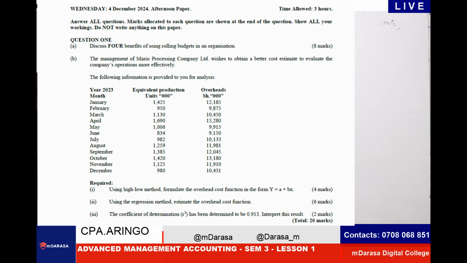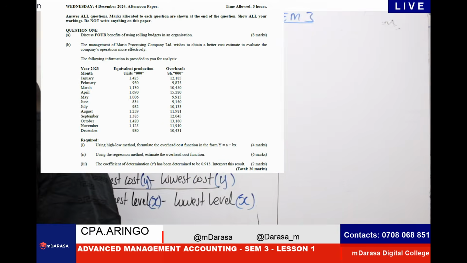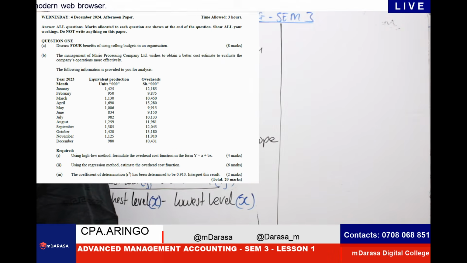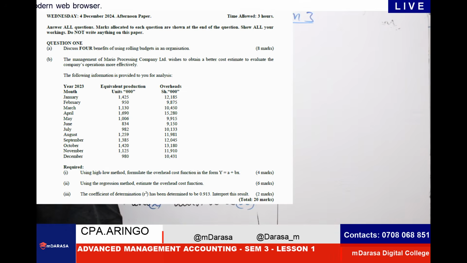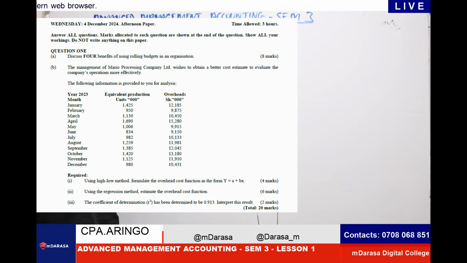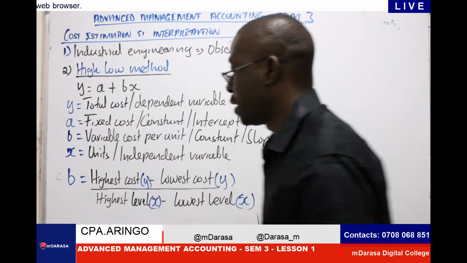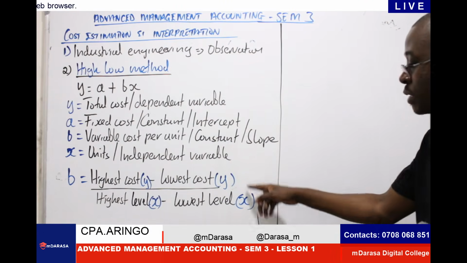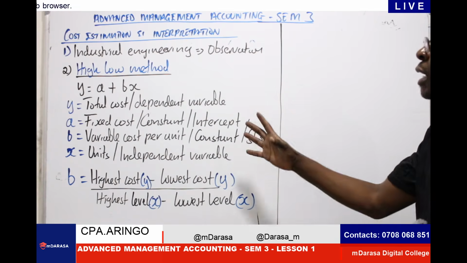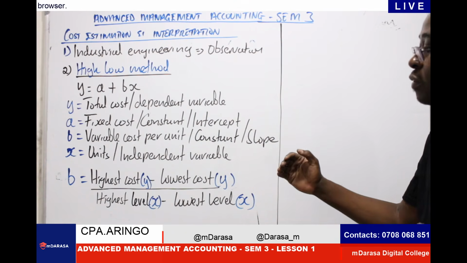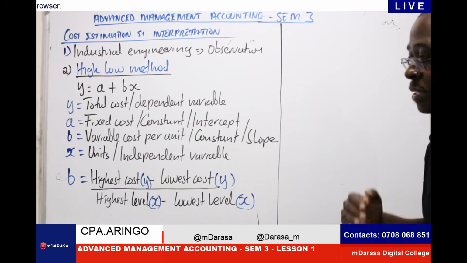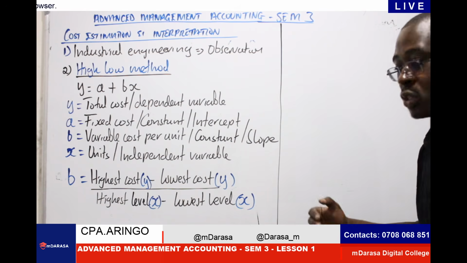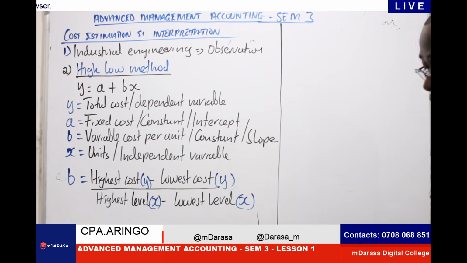So looking at that case, what will you be expected to do here? The first thing is for us to have our question here. I believe it is still very visible. So first, let us recall what Mwalimu has guided us. Using high-low, we need to identify the highest level of activity and the lowest level of activity, with the values of X being the basis of identification.